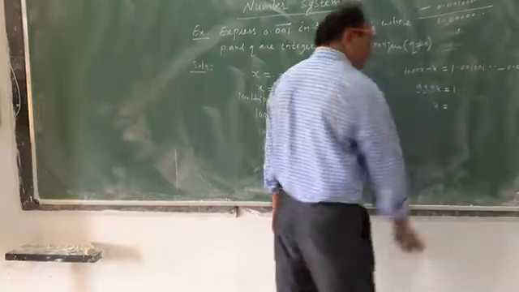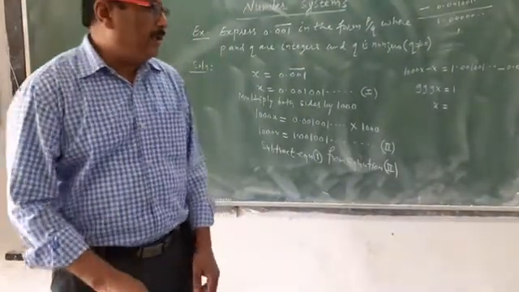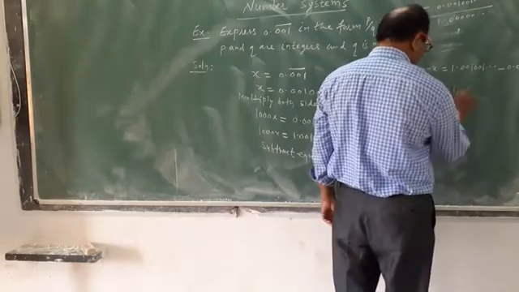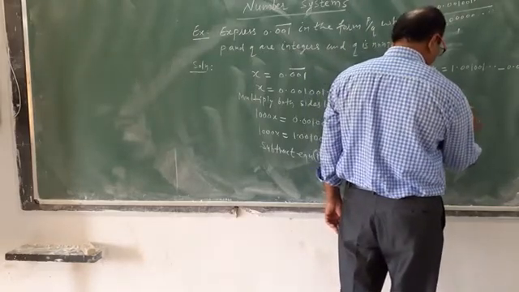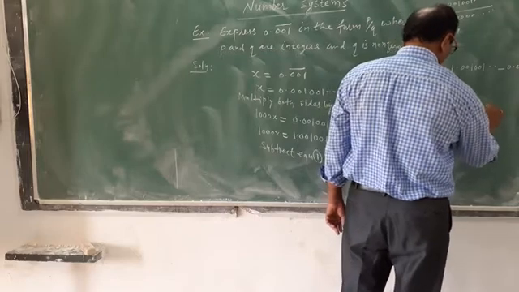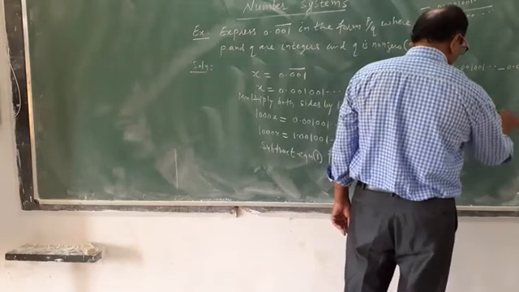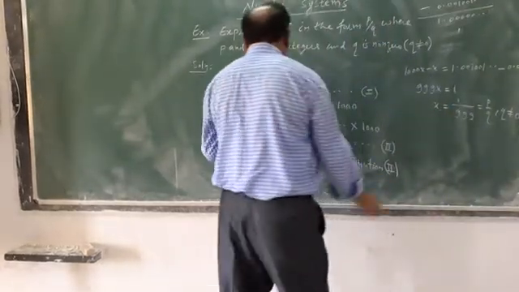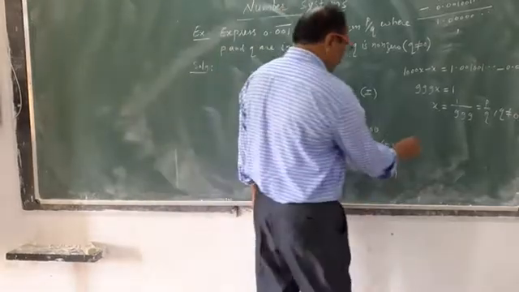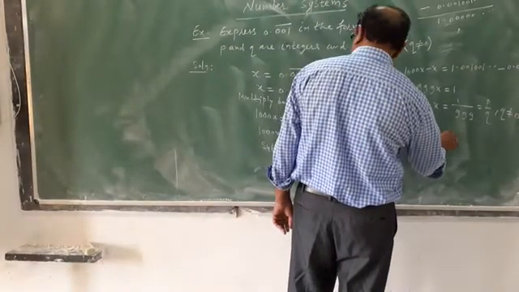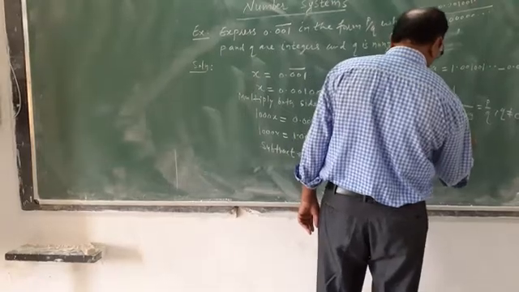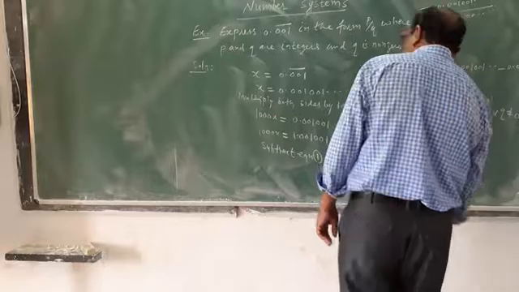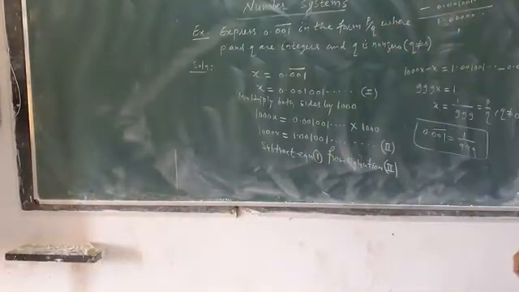Then x is equal to 1 upon 999. 999 is in multiplication of x. Therefore, it will be denominator of 1. That is equal to P upon Q, Q is not equal to 0. Means x means 0.001 bar is equal to 1 upon 999. This is what we have explained.